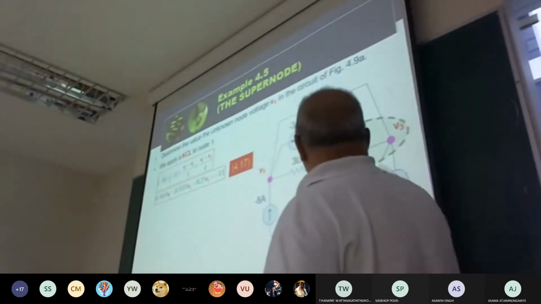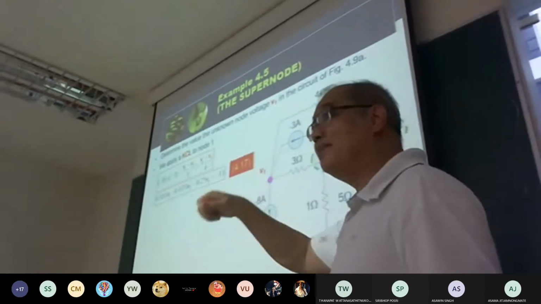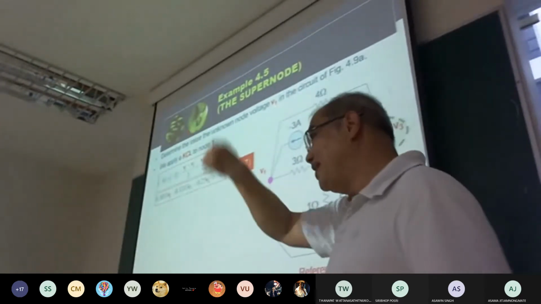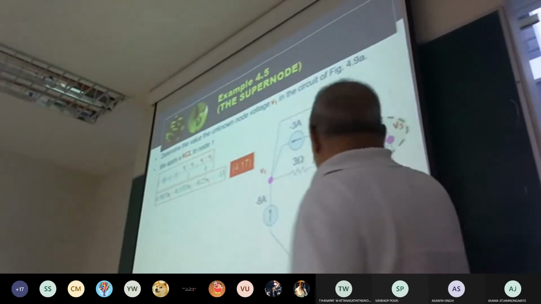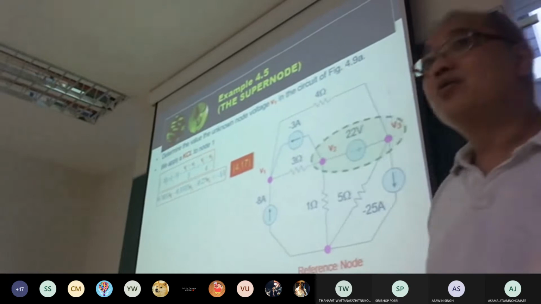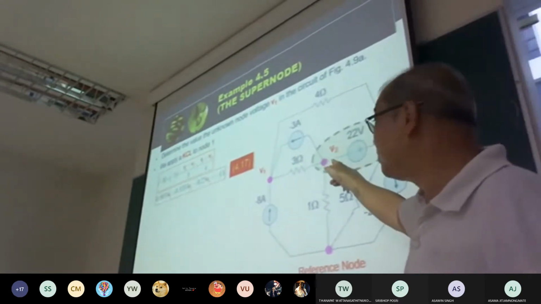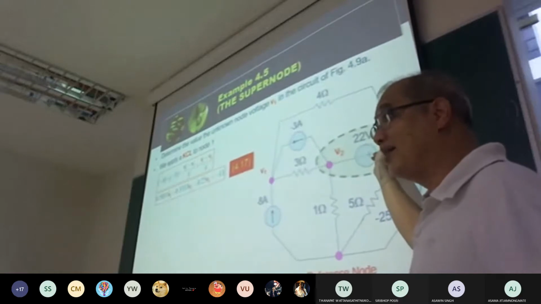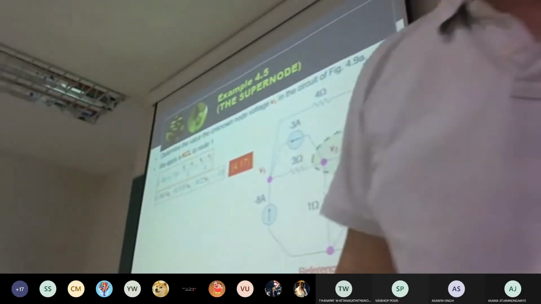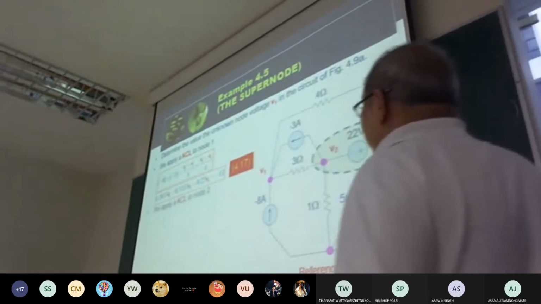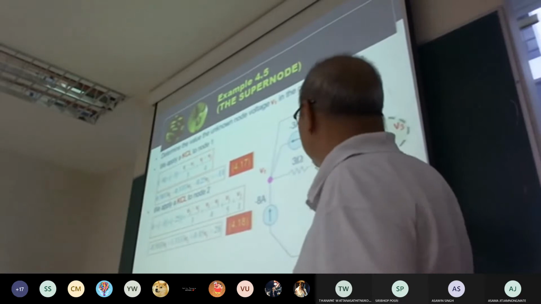When you write here, when you take the midterm or the final, you may write in the question or read all of them, and keep the highlight. Now the next step, we apply KCL to the supernode of node 2 and node 3, or node 2 and node 3 performed as the supernode.